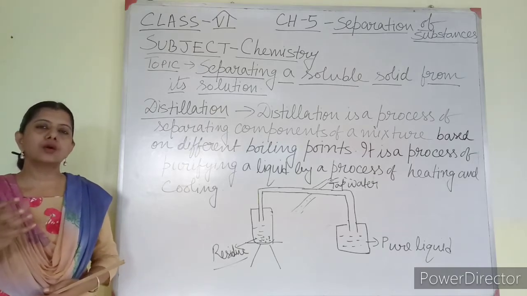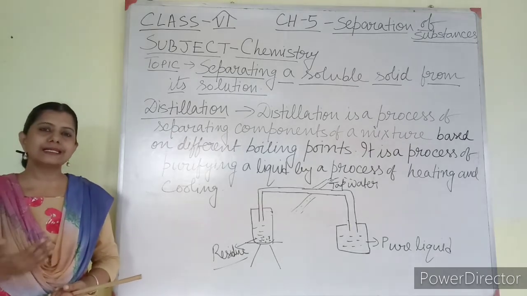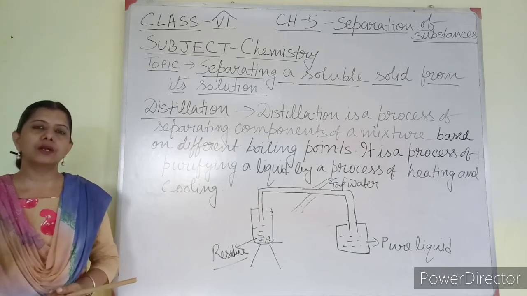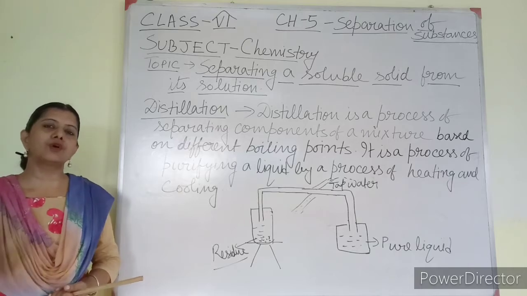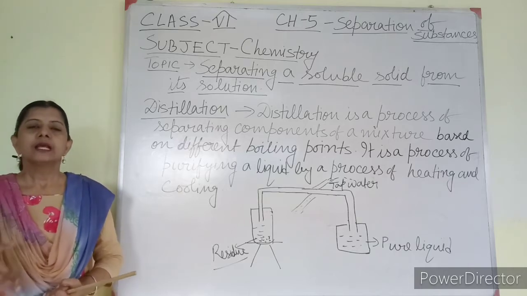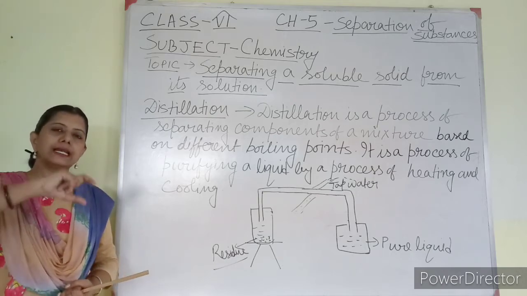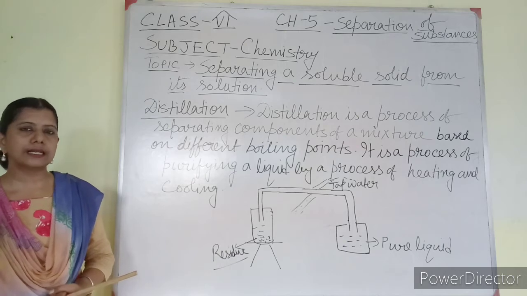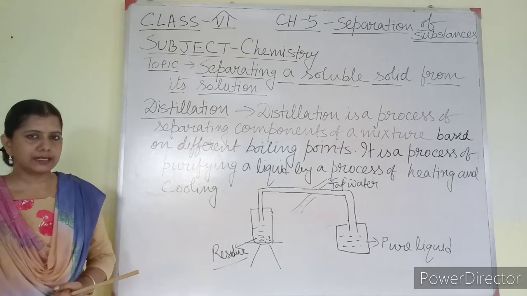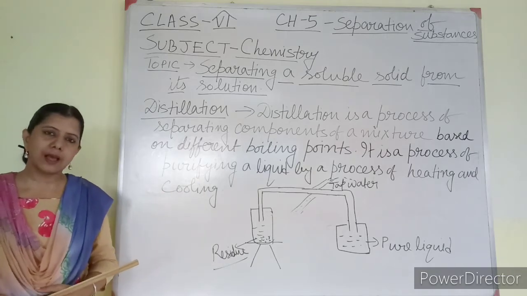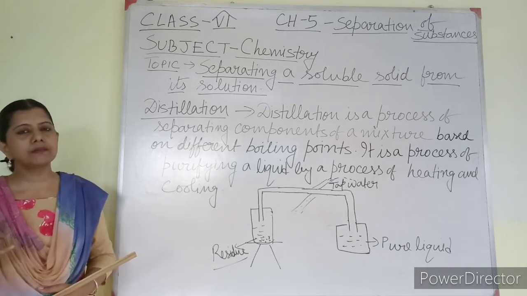So, if sugar or salt is dissolved in water, the boiling point of water is less as compared to the boiling point of the sugar or salt solution. So, water will boil before the sugar or salt will boil. When it starts boiling, it will change into vapor state. We have to collect that vapor into another container, and by cooling I have to convert the vapor into liquid state. So by distillation what is happening? I am getting back both solid and the liquid. Both I am getting back.